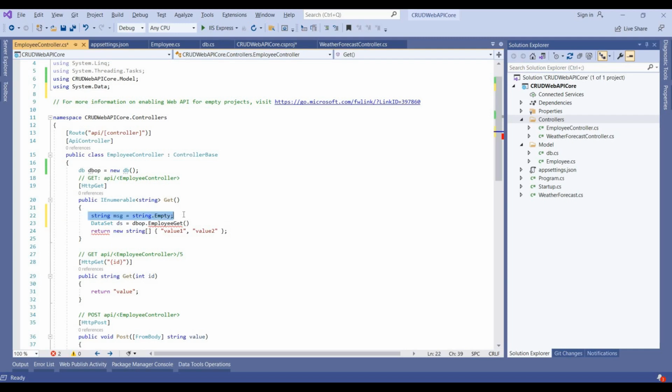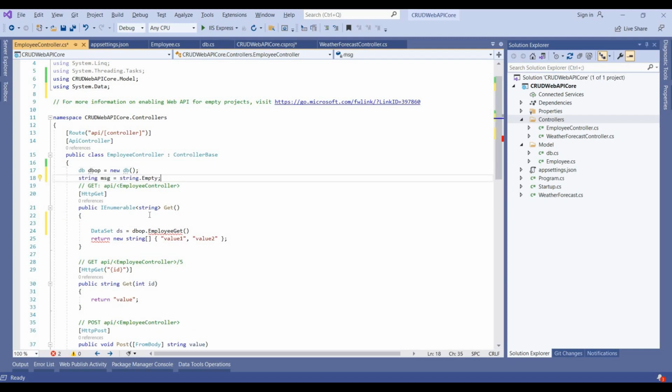We declare this globally because we use this multiple times,